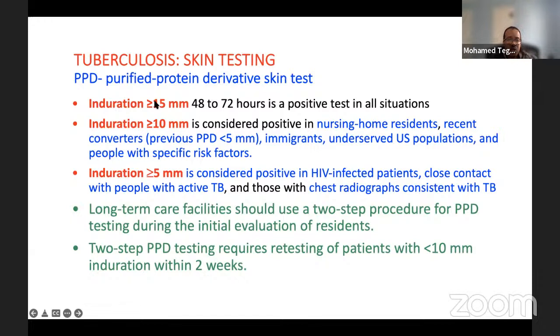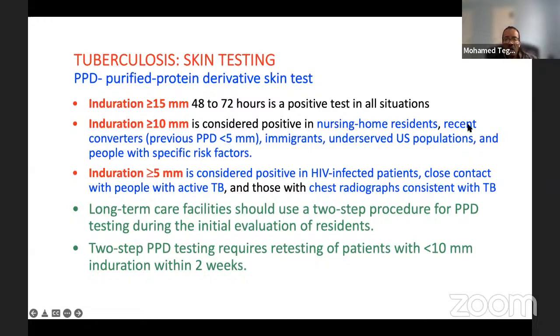Induration or injection of the purified protein derivative, roughly around 5 units. Then we read the result after 48 to 72 hours. Induration of 15 millimeters or more is a positive test in all situations. Induration less than 15 but larger than 10 millimeters is considered positive in certain populations or certain groups that include